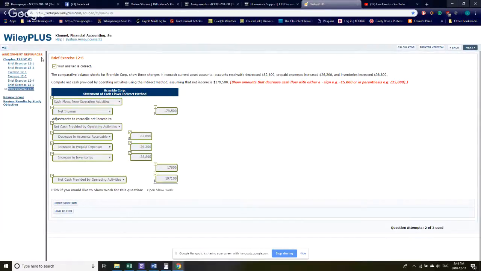In this question, it asks us: the comparative balance sheet for Bramble Corporation shows the changes in non-cash current asset accounts. Accounts receivable decreased by $82,600, prepaid expenses increased by $1,200, and inventory increased by $38,800. Compute net cash provided by operating activities using the indirect method. Assume that net income is